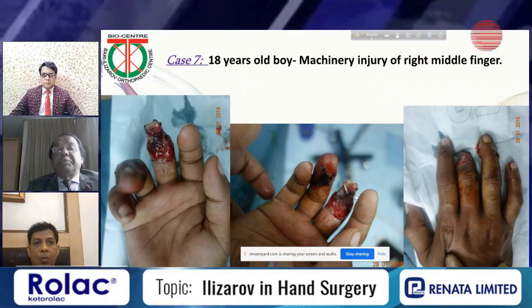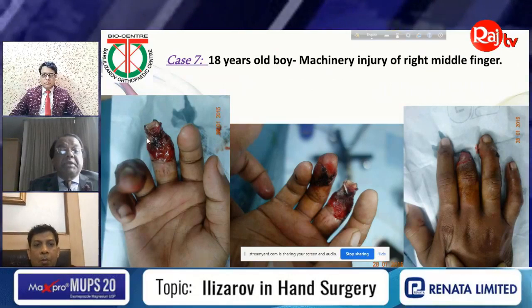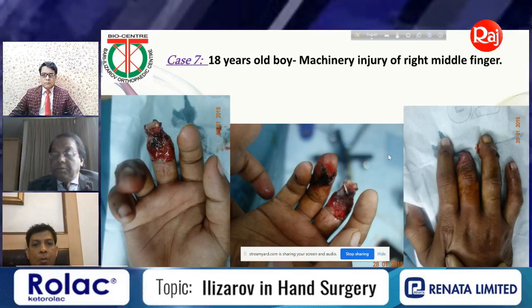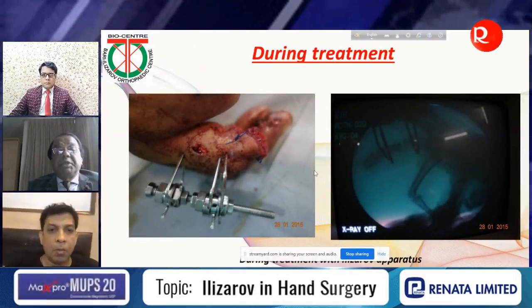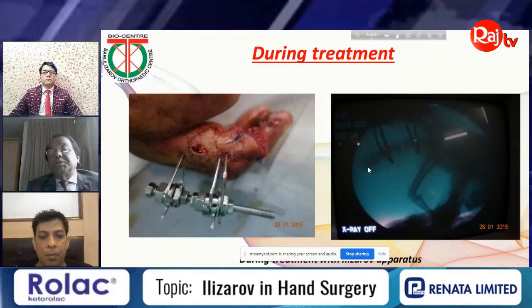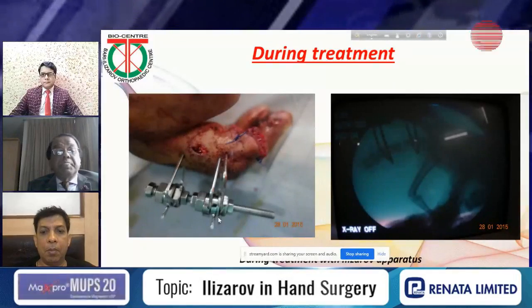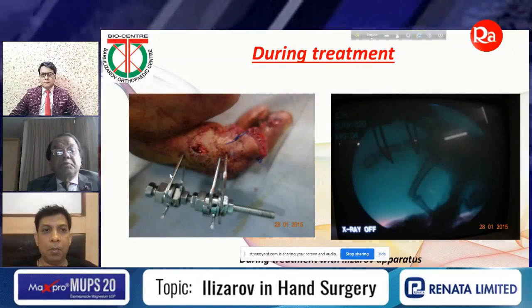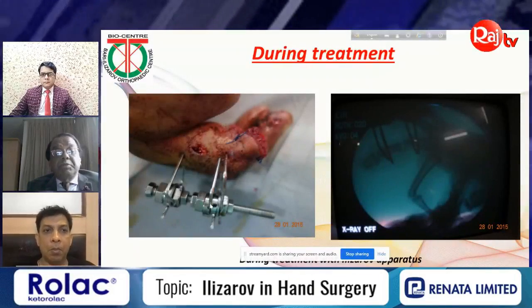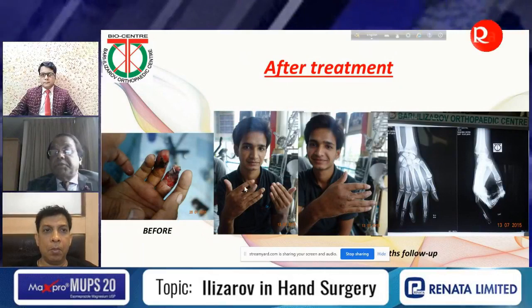Look at this, again machinery injury of the right middle finger, bone is exposed, and then I decided to go for again mini Ilizarov fixator. This is during treatment. Now you can see in the C arm how I have put the wires. You can see this is a fixator. The wire is bent. You can fix it with a washer here and with fixator. And then finally you can see after treatment,